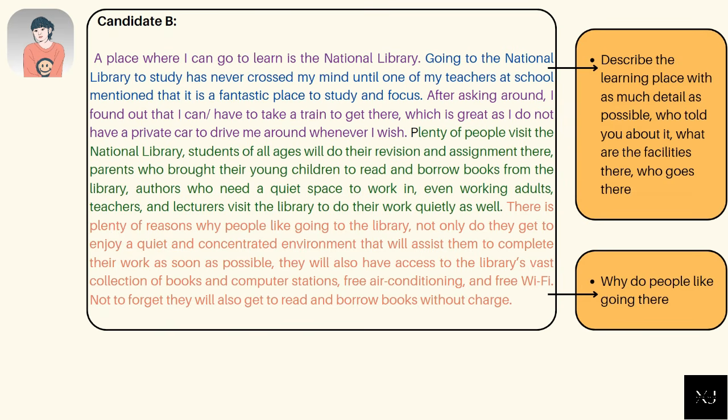Okay? Candidate B's answers. So candidate B is very obvious. Her topic is a place where we can go to learn. Obviously, not only just the National Library, you can also talk about museums, schools, okay, anywhere that, as long as it's a place where you can go and learn new things. Okay, so she has to start off by talking about what kind of place it was and describing what it is. And in the topic that she's supposed to elaborate, one of the points is that how did she find out about this place? Like, who told her about this place? Okay, and another topic is how to get there.